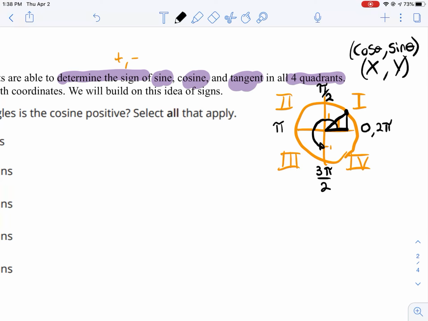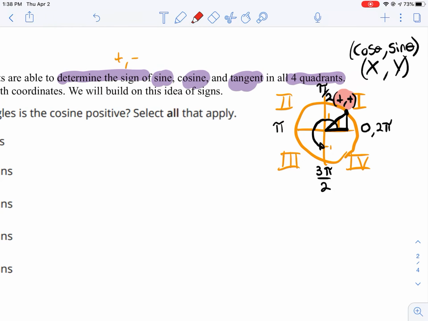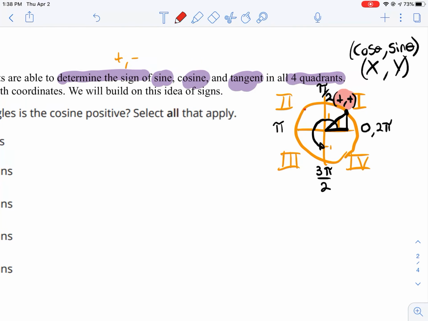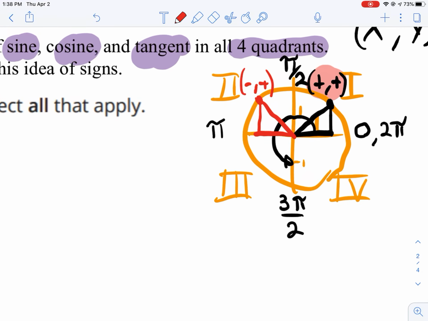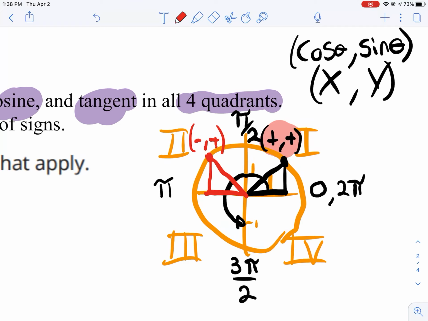Namely, our x value here is going to be positive, and our y value is also going to be positive. Let me highlight that in a different color just so we're able to see it. I'm going to change to red. If we go into the second quadrant, we went left, which means our x value is negative, and up. So it's going to be negative, positive. So in quadrant 2, our sine is going to be positive,